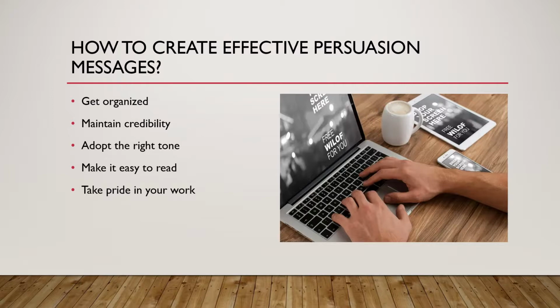Another important step is to make it easy to read. As you revise, look very carefully at what you're saying and what you have in your arguments. Eliminate all unnecessary information. This is really important to avoid confusion within the audience. The last step is to take pride in your work. It is said that those who take pride in their work put out a finished product that's pleasing to the eye. So in other words, you must proofread carefully to avoid any type of confusion for your audience.